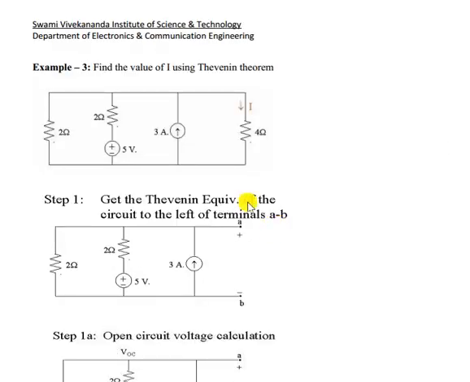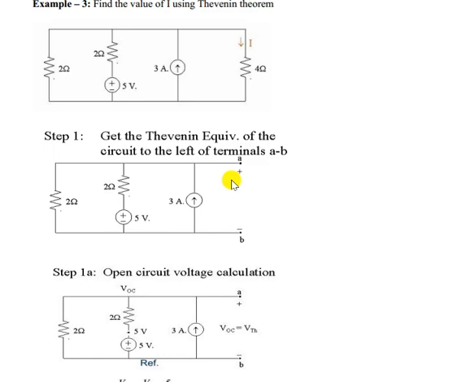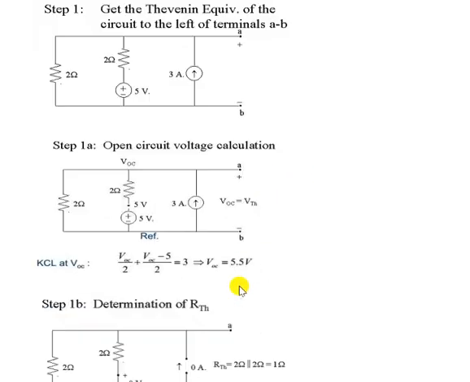Now there is a third problem. So now we have to find out current through this branch. So this is the load resistance. Now removing the load resistance, this is the circuit. Now we have to find out VOC. Now VOC here, VTH is nothing but in parallel with this, nothing but in parallel with this.